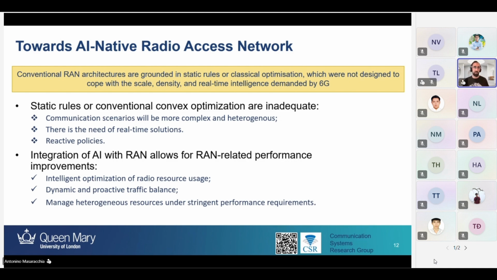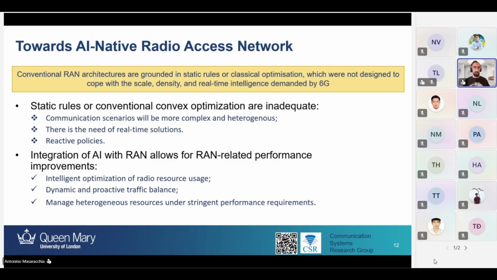Why? Because communication is going to be more complex, and there is a need for real-time solutions and reactive policies, which is something that conventional convex optimization, for example, will not be able to provide. On the other hand, what is now pushing the research is the usage of artificial intelligence within the radio access network, which will give very high possibilities for improving the performance of the network itself, since